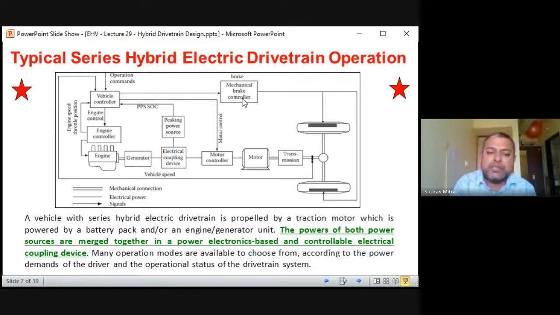So this is actually a controller, and after that there will be an actuator, and that actuator gives the execution signal to the wheels or tires. So this is one execution, this is another execution, like this. So these are also signals which are given to the wheels for execution of the brake.